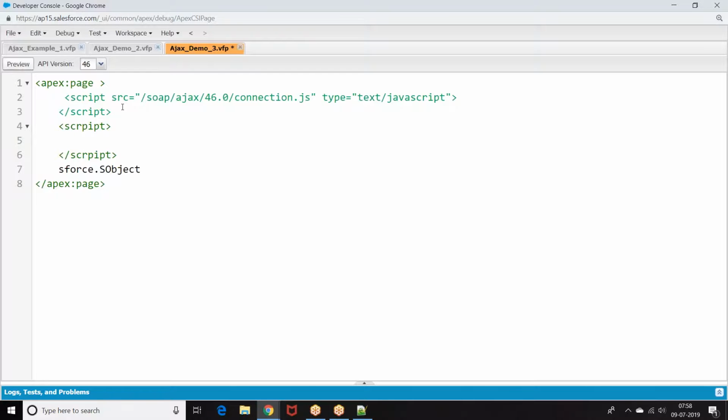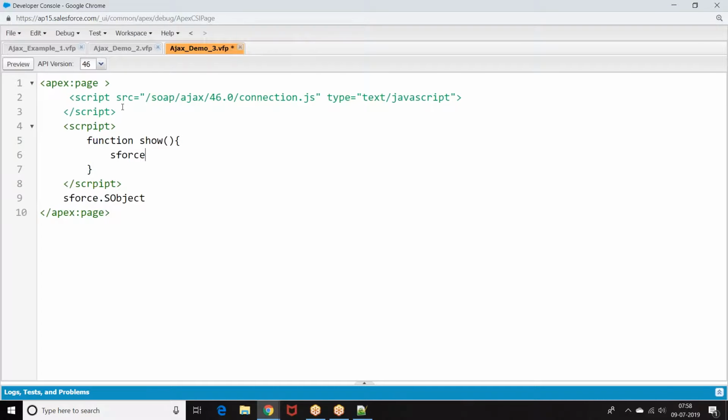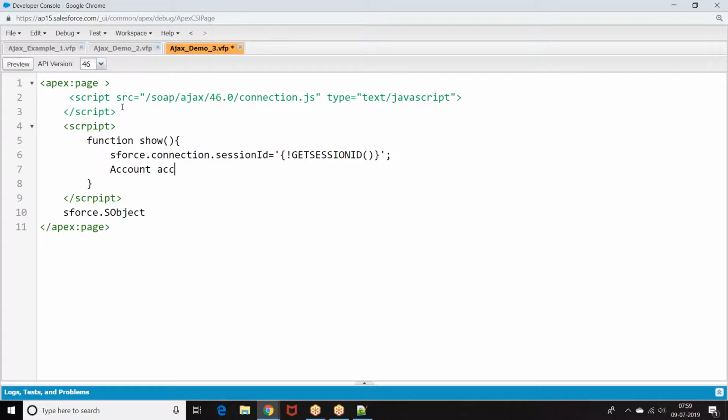Then we want to read the value. Generally, how do you create a record? Account ACC equal to new Account. This is what we create in the Apex program. The same story, if you want to create in the Ajax-Tool-Kit, we create as var ACC equal to new sforce.SObject